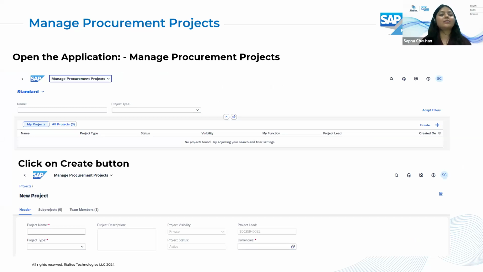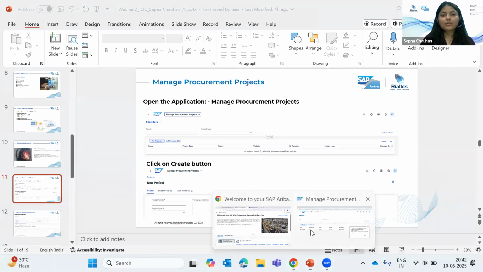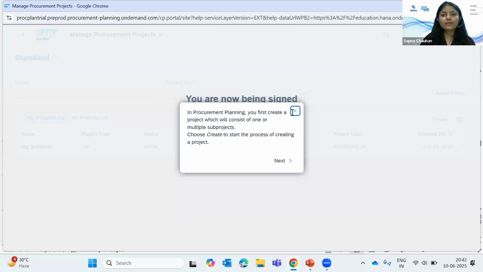Then I will explain the project. I am using the Ariba trial account, and I will explain how we can work with it. So let me explain.